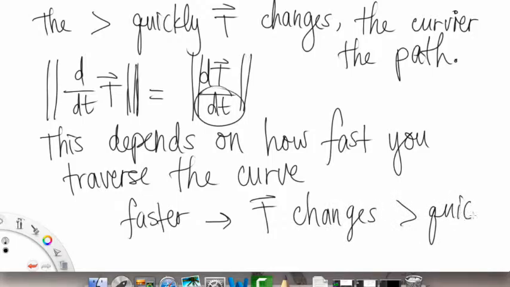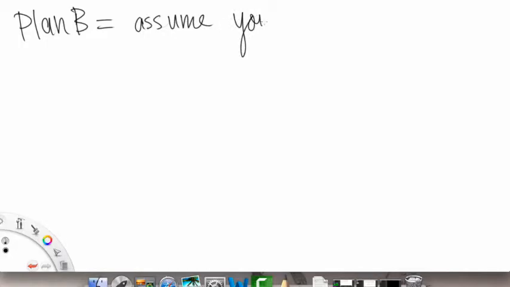So how are we going to rectify this situation? What we can do is, on the next slide, go to plan B, because plan A has some faults in it, and they're pretty significant. Plan B assumes that we traverse the curve. So assume you traverse the curve